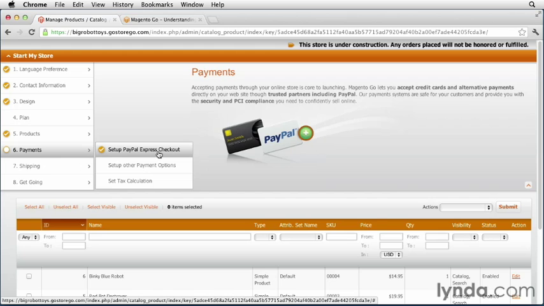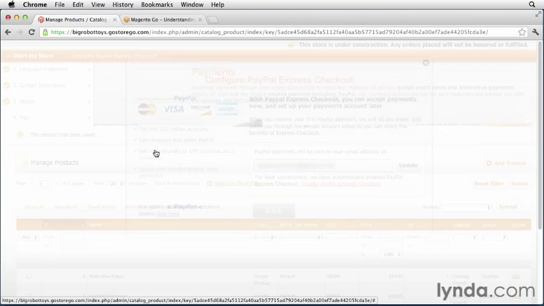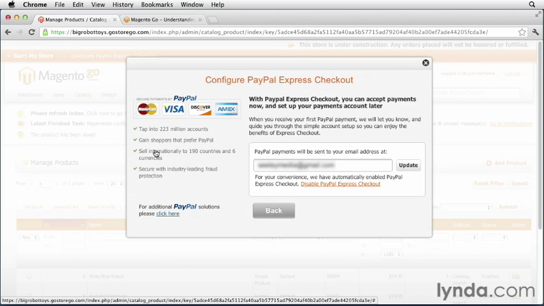The first one is set up PayPal Express Checkout. And PayPal Express Checkout basically means that users will be able to pay you directly using PayPal or via MasterCard, Visa, Discover, or American Express. It'll tell you that when you receive your first PayPal payment, they'll let you know and guide you through the simple account setup so you can enjoy the benefits of Express Checkout, which basically means as soon as someone buys